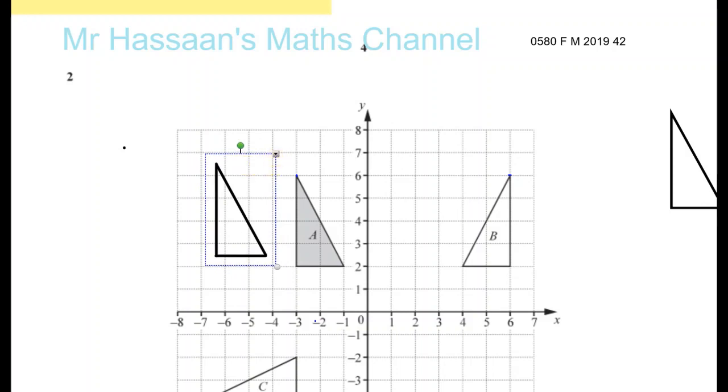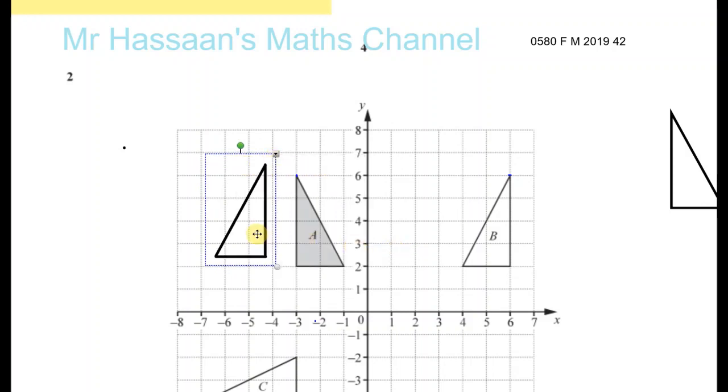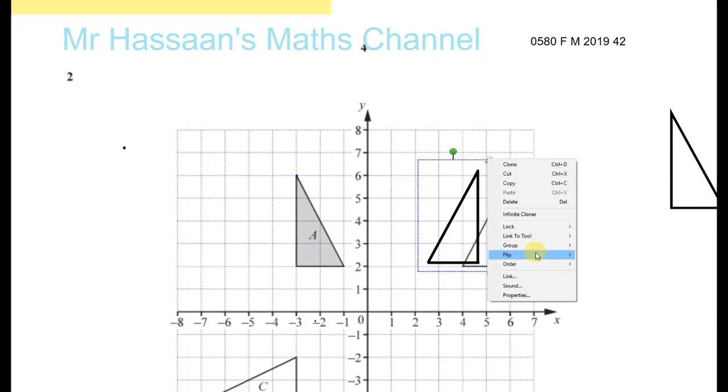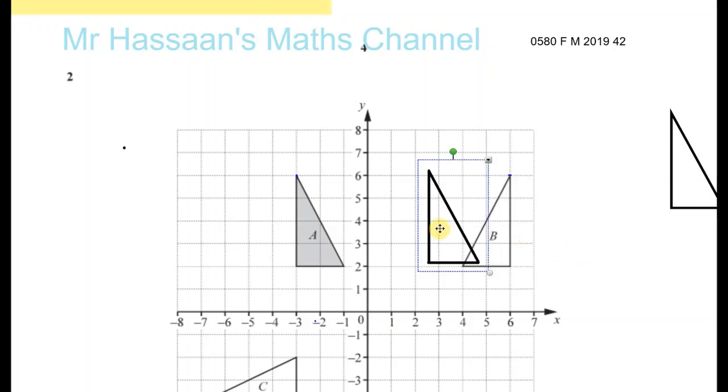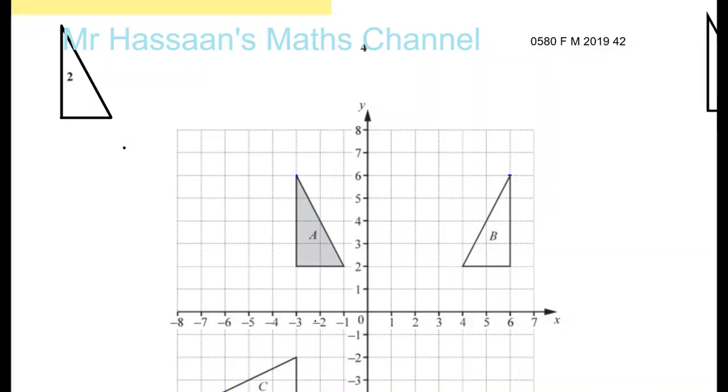And you see if I reflect it, it's got that shape, so it's definitely a reflection. Let me put it back as it was. I'm going to need it again. All right, so we know for sure that this is a reflection. Okay, now I can get rid of that stuff. So we've got to find the